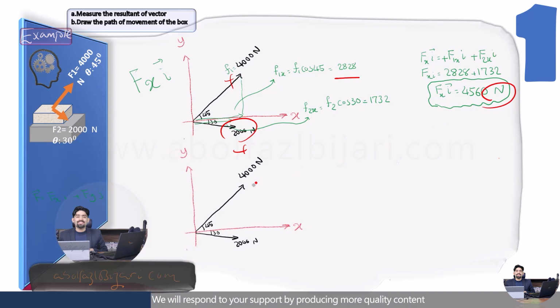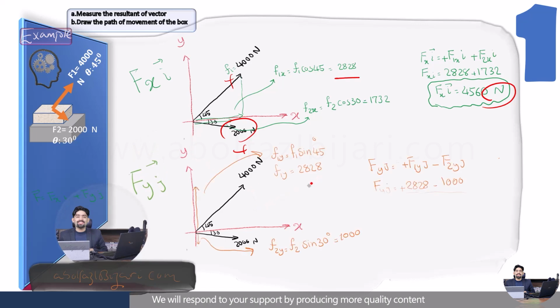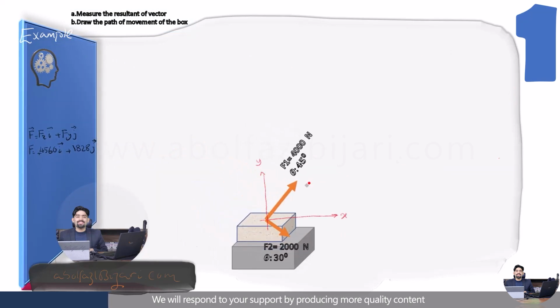We do the same thing for the vertical components of all forces. It becomes 1,828. Now, we have two representative forces, one representing the x direction and the other the y direction. We write it as a vector. It becomes 4560 i plus